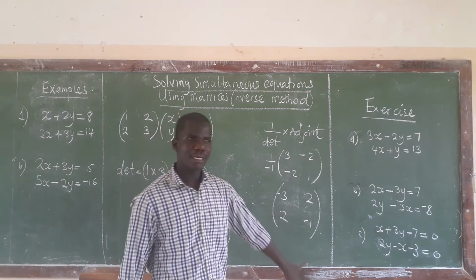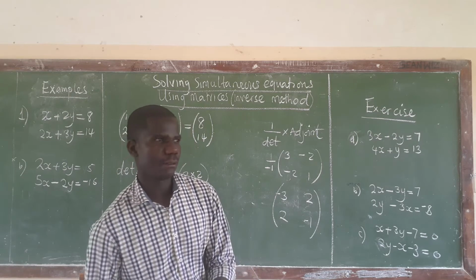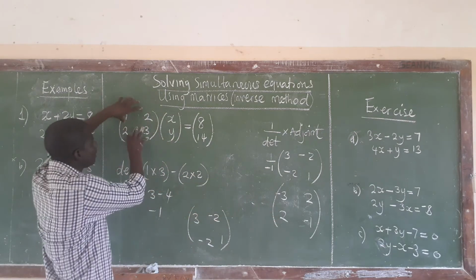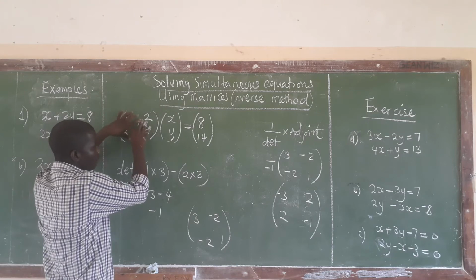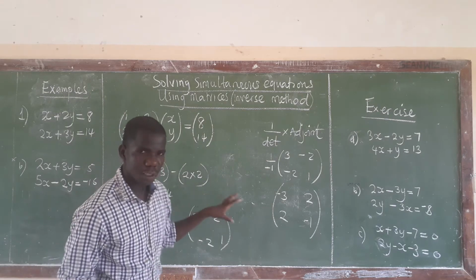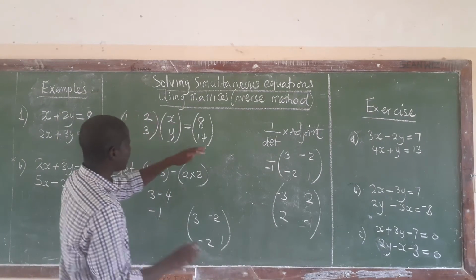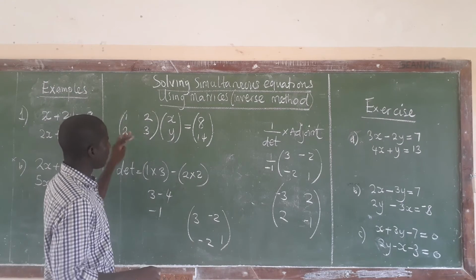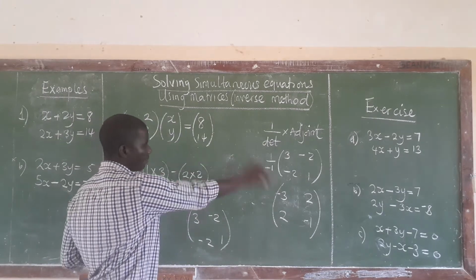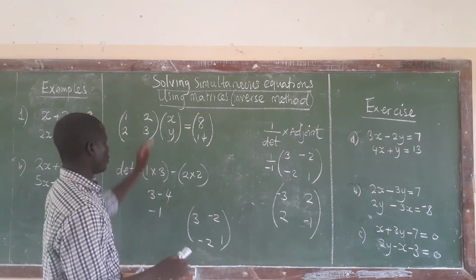What I have written here is the inverse. That is very important. Now, this inverse is what I was saying: we need to find the inverse of this one. Once we have found it, that is what we are going to multiply by this part. So what I worked out here is the process of finding the inverse. After we have found the inverse, we are assuming that we have multiplied this inverse by this one. You know the matrix that we get. Okay? We get an identity matrix that doesn't change anything when we multiply by this one.